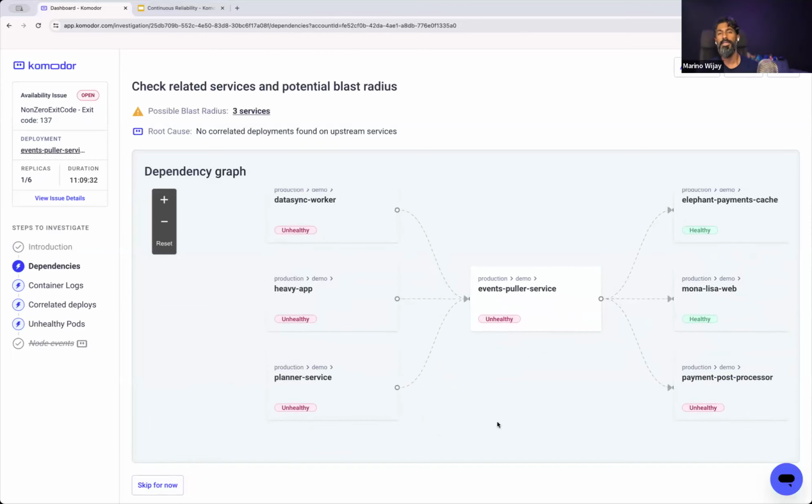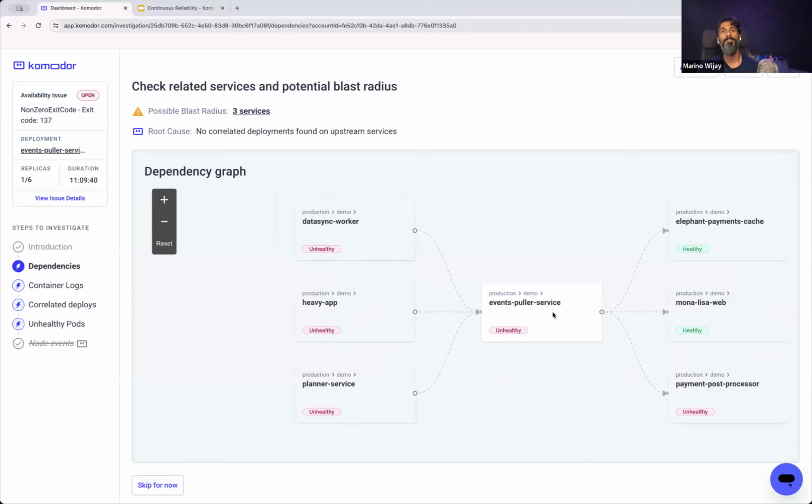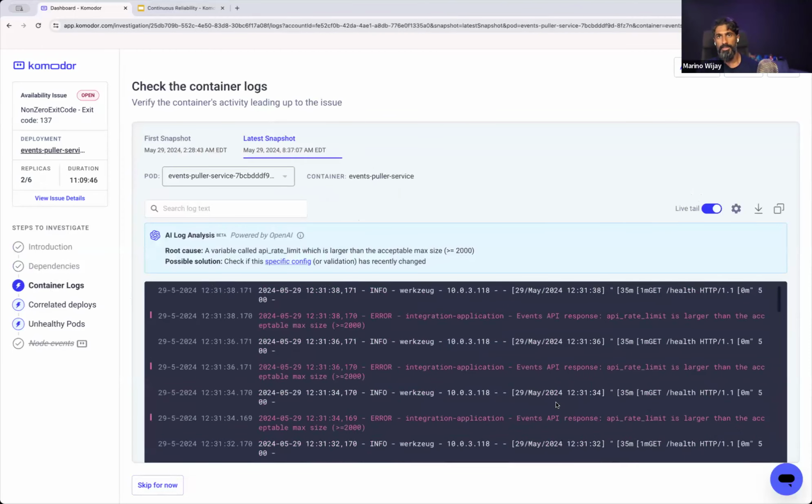So let's go back to this dependency mapper, right? This is a network mapper. This is telling us who's talking to who and who should be talking to who and who is being affected by this one service being down and out. And maybe we might want to dig into the logs a little bit more. But let's be real, right? Who wants to actually comb through log line after log line after log line,